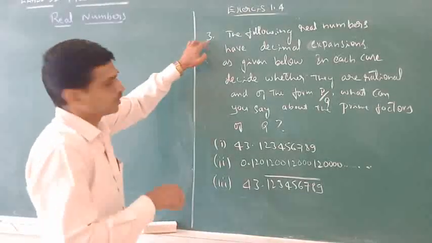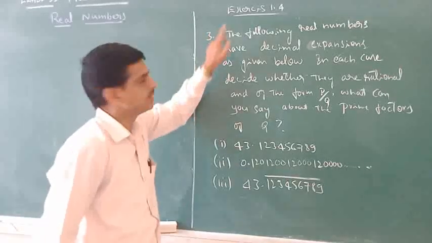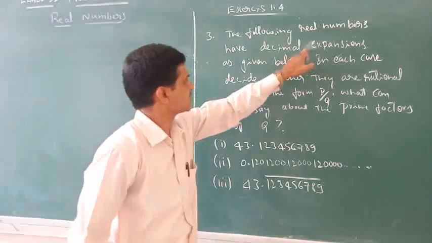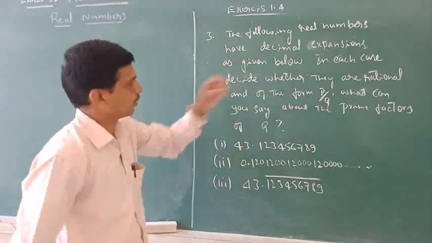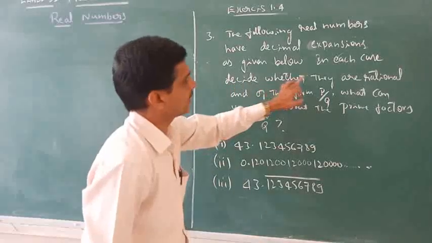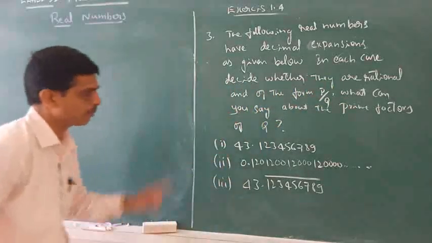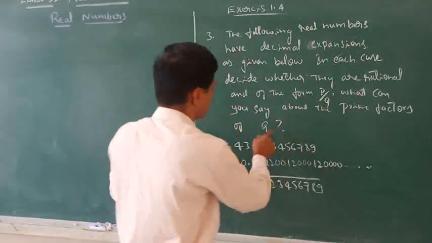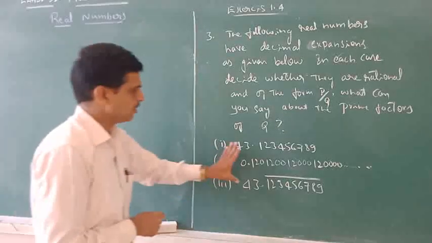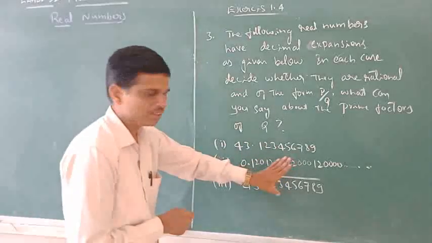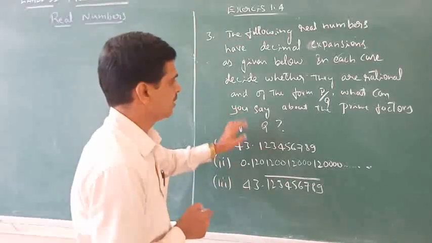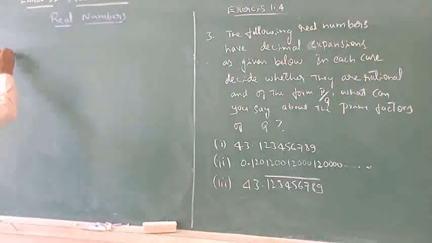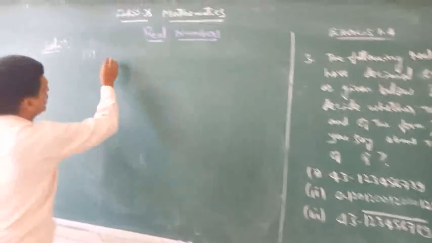Let us see the last question of this exercise. The following real numbers have decimal expansions, given as below. In each case, decide whether they are rational and of the form p by q. What can you say about the prime factors of q? This is the question. Of course, the given numbers are in the form of decimal expansions. What do you say about these prime factors of q if you express it in the form of p by q? So consider the first one, in which the given number here